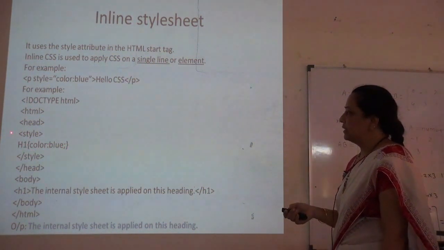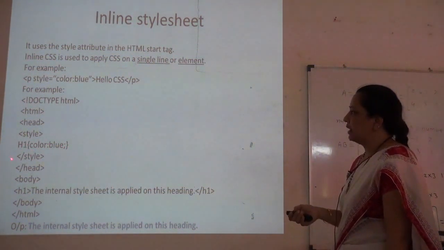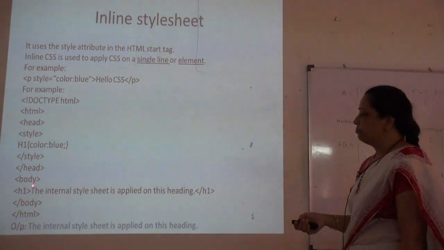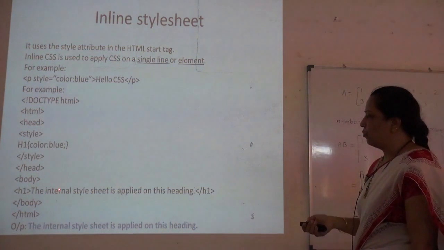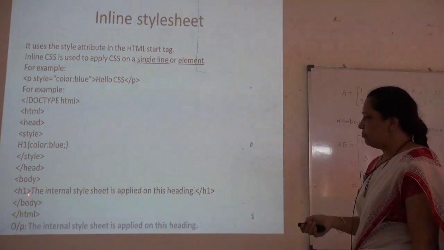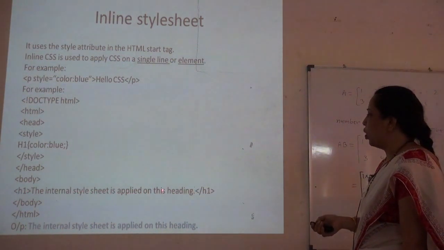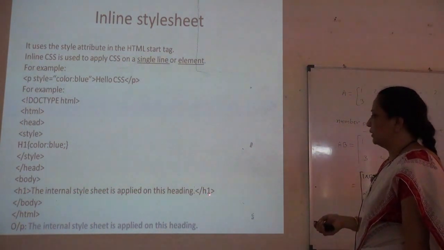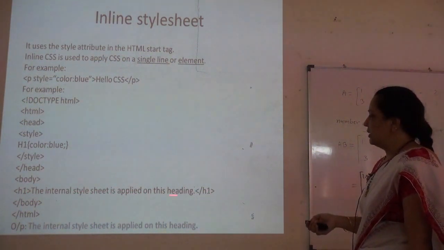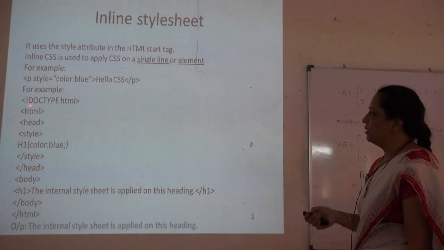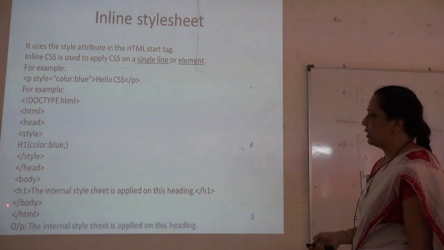This style tag is closed, and the head tag is closed. Now in the body tag we write only one single line of code. H1, the internal style sheet is applied on this heading h1. This h1 is closed here, the body is closed here, and lastly we close the HTML tag.